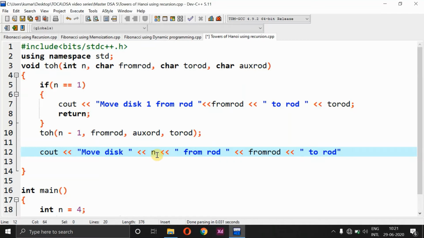So why did I give n? Because every time the n value is equivalent to 1, I know that I'm going to move disk 1. But if it is a different case, we are just going to take out the first value. We are going to take out some alternative numbers, and we are going to use the n value directly, right? So it can be either 2, 3, even it can be 10 also, right? So we can't guess it as of now. So from rod, 2 rod, and at last just give it as 2 rod.